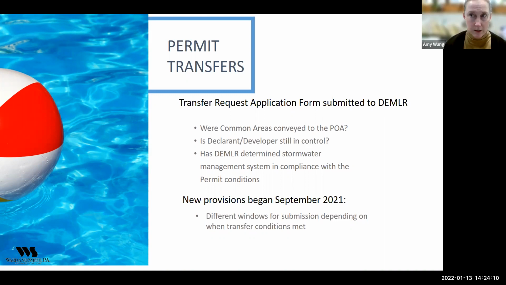If there are compliance issues that are identified by the agency before they complete the transfer, those compliance issues have to be resolved by the permittee and the permittee only. They're supposed to submit an action plan and a compliance schedule, and that has to occur before the agency will transfer the permit. So these are worth looking into and being aware of, whether your community is under a state permit and is in the situation.